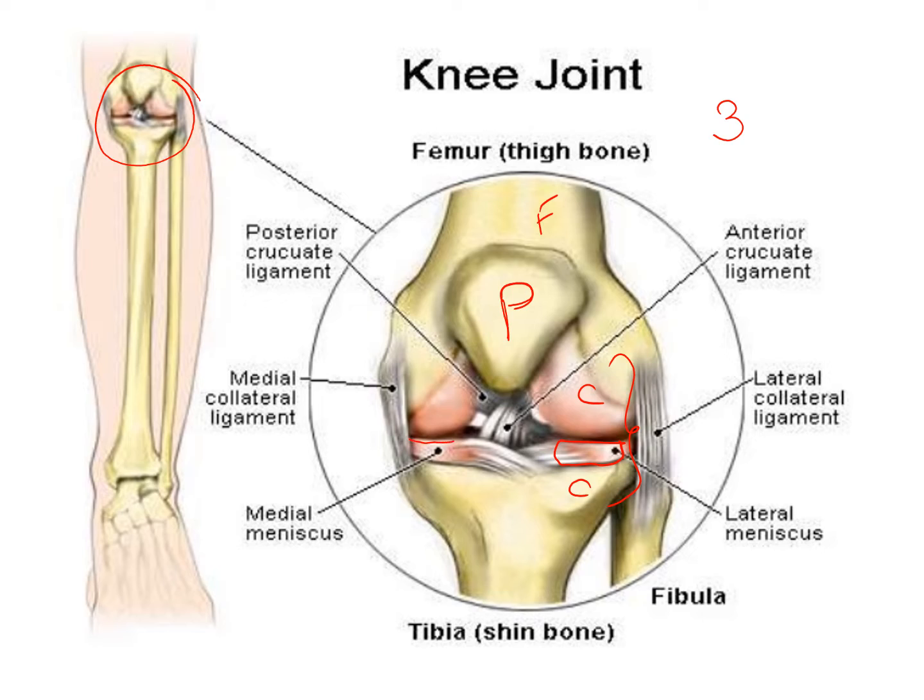The cavity present above the meniscus and below the femur is called the meniscofemoral compartment, and mainly flexion and extension will occur in this compartment. And the lower compartment below the meniscus and above the tibia is called the meniscotibial compartment, and mainly rotatory movements will occur in this compartment. All these features together make the knee joint a compound and complex synovial joint. So these are the features of the knee joint.